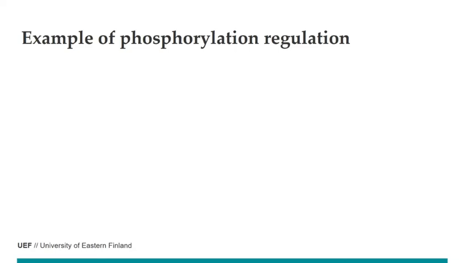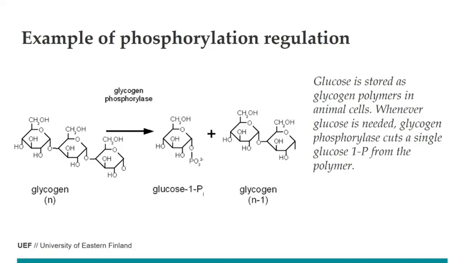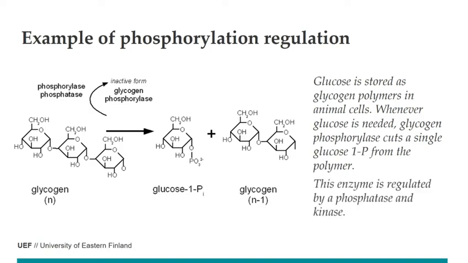So let's have an example. Glucose is stored as glycogen in animal cells. So it's a very long chain of these glucose molecules. And when we need the glucose, we have a glycogen phosphorylase that is cutting glucose from the polymer. Then we have glucose with one phosphate and then a little bit shorter glycogen. And this glycogen phosphorylase is regulated with